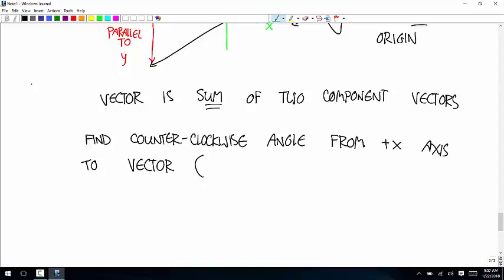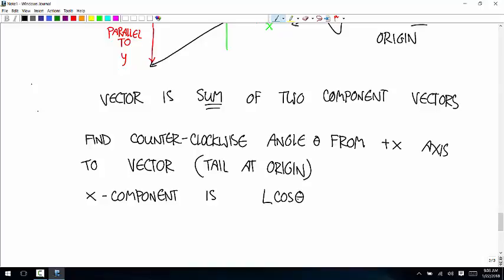You'll get the wrong number. So remember to put the tail of the vector at the origin. And let's call this angle theta. Then the x component is the length of the vector times the cosine of theta times a unit vector in the direction of the x-axis. The y component is L sine theta times